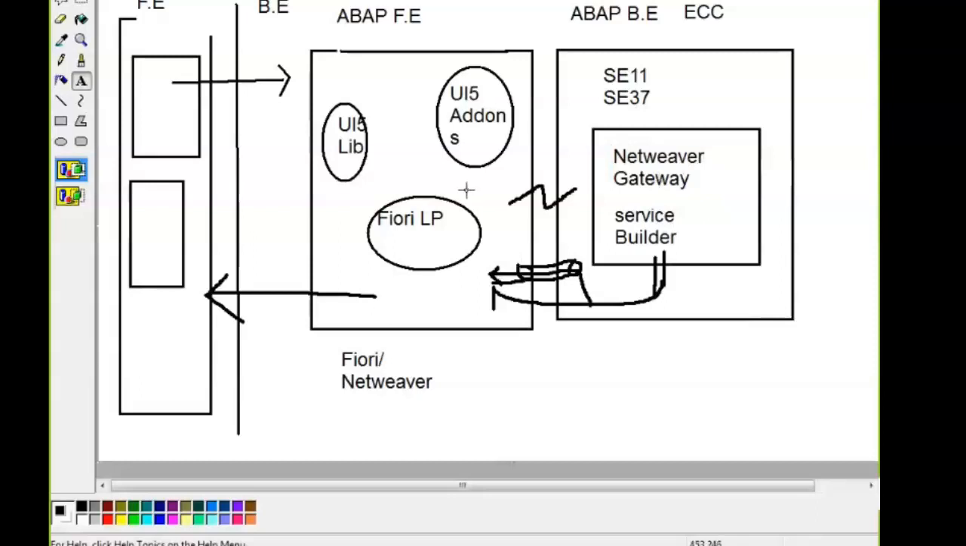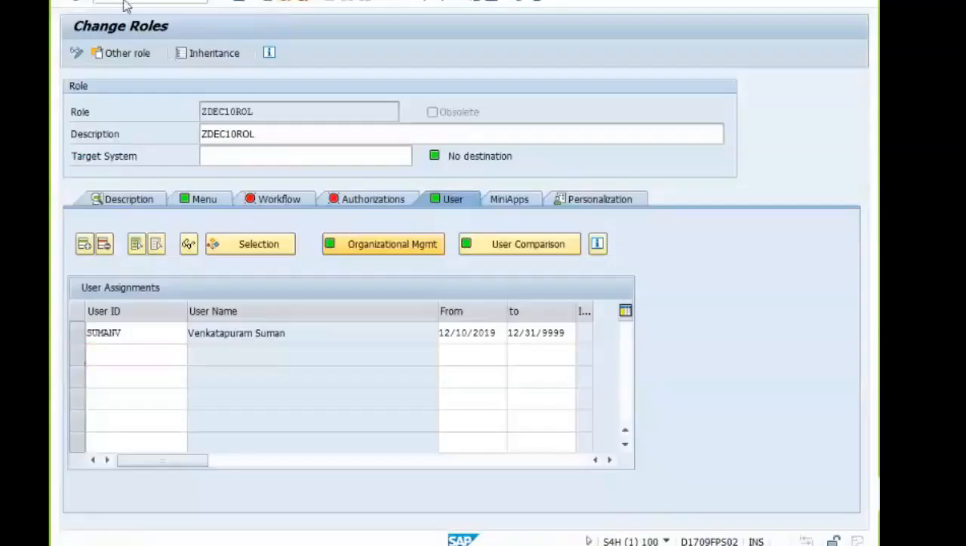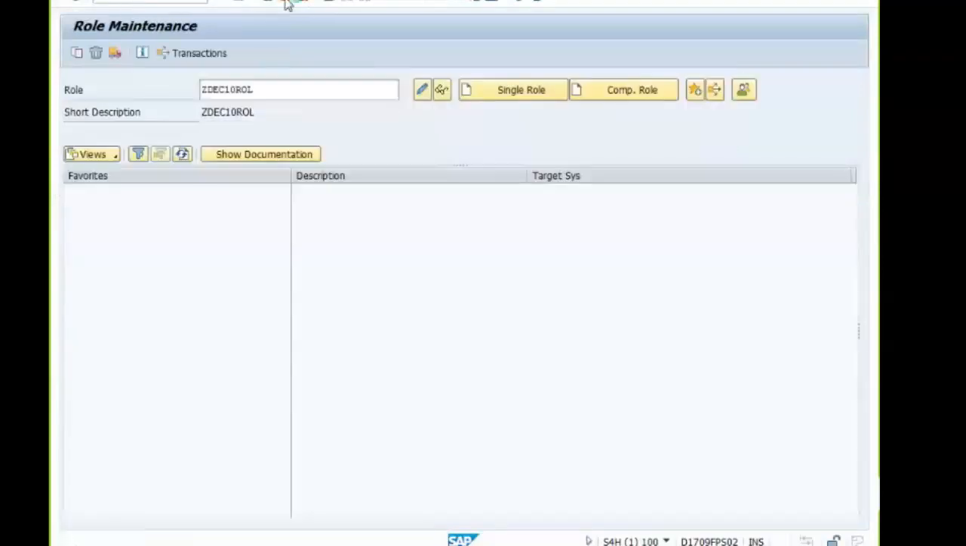In some of the scenarios in our company system also, you cannot afford two separate systems. So we have only one system where ECC, and the Fiori system is built on top of ECC, and those are called embedded systems. Okay. Now when you open the Gateway Service Builder tool,